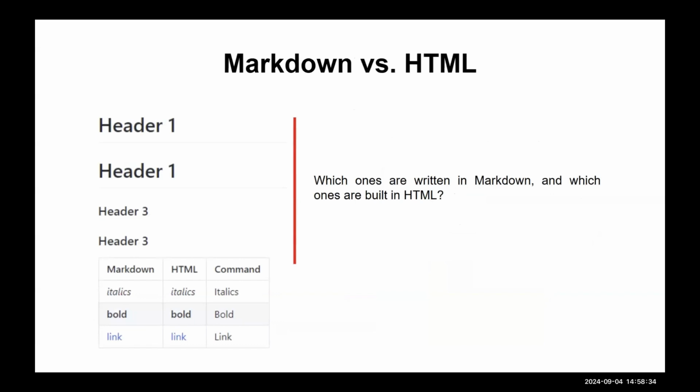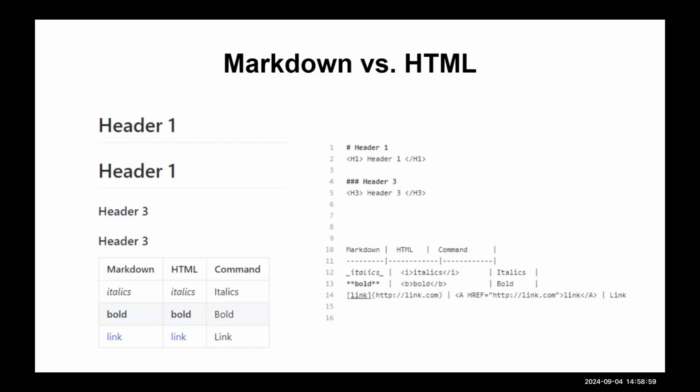So basically Markdown works very much like HTML. It yields the same sort of outcome as HTML. I have a demo here with pairs of things: header 1, header 3, and then this table. The question is which things are written in Markdown and which in HTML, because you can't tell immediately. As it turns out, the first header 1 was written in Markdown. The second header 1 was written in HTML.